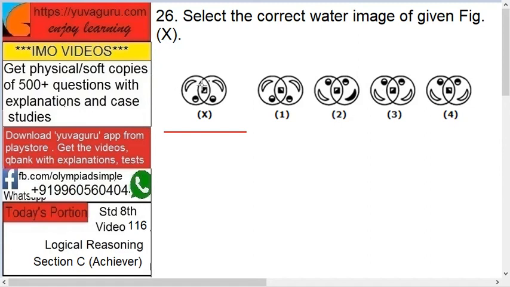Now this square, if you see, the blank part is below. So when you put it on the water, the reflection will have the half part above, right? It won't be like this in 2, it will be like in 4. So that's why the answer is 4. One important thing you have to remember in water image is, the water is always kept below. It can't be kept above or horizontal or vertical anywhere.